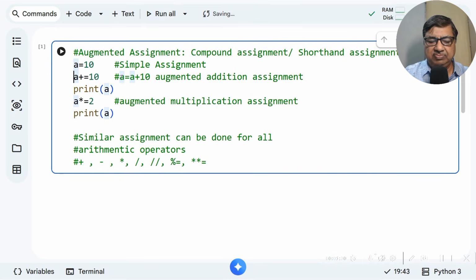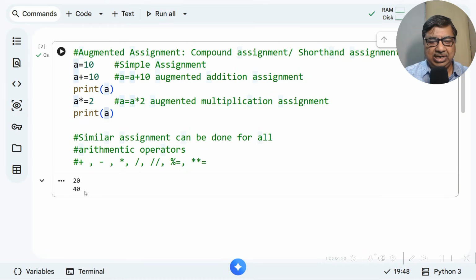But 20 will be in a different place in memory. Okay, so don't worry about that. Actually A is not being updated because integers are immutable in Python. But it will have another location where 20 will be stored, which is an updated value of A itself by 10. So if I print A, this will be 20 now. Now the same A is 20 and I would like to do it this way, into equal to. That means this is A equal to A into 2, which means if A has now become 20, so this will be 20 into 2, so this will be 40. Let us check it immediately. 20 and 40 has come.